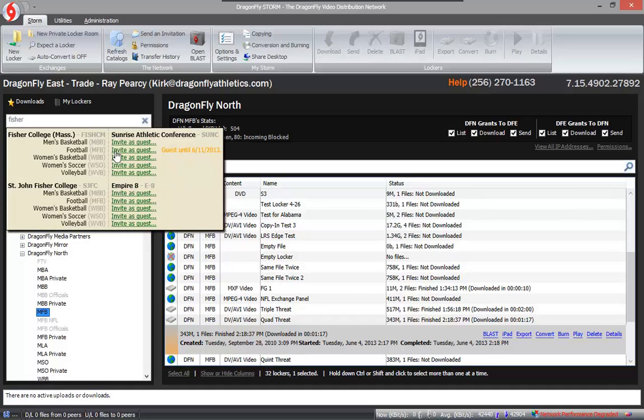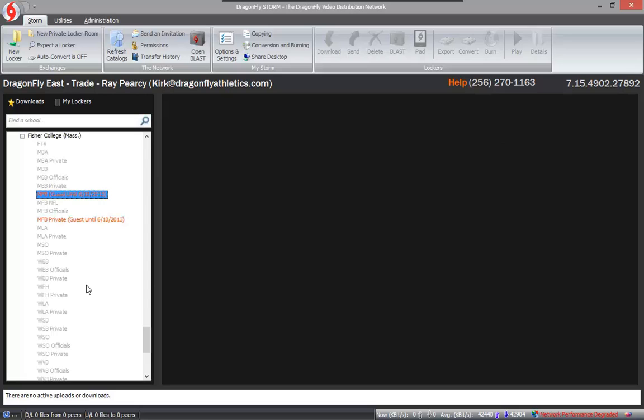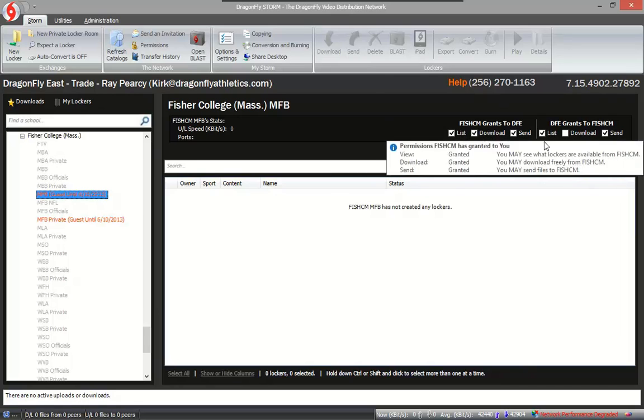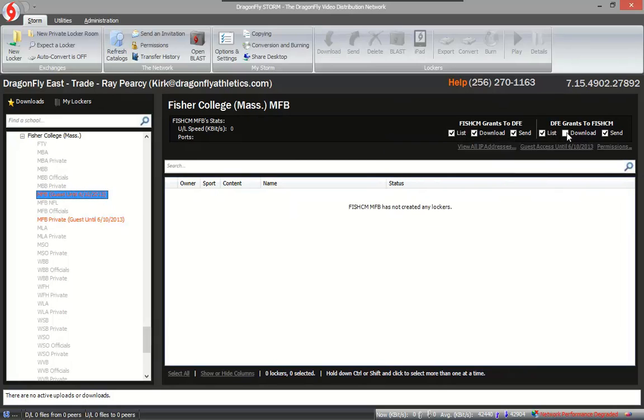Now, let's find Fisher. So if I find Fisher again, you'll notice that they are a guest until 6/11/13. I'm going to click on Fisher football here, and it takes me to them in the tree. And at this point, I can set the permissions to be the way that I want them between us and Fisher. You'll notice that Fisher is giving me full permissions, and I am granting Fisher the ability to list my lockers, to send games to me,